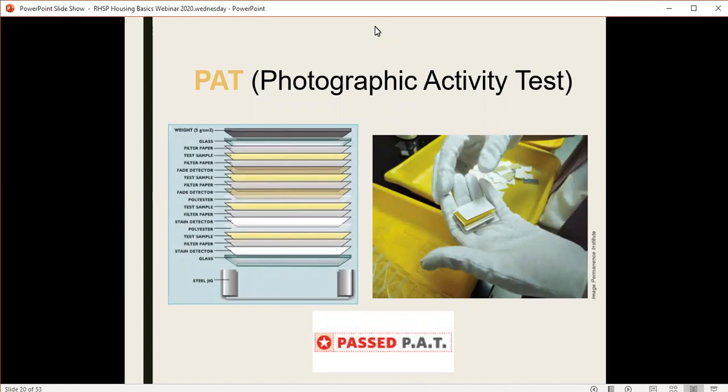All housings and enclosures for photographic materials must have passed the Photographic Activity Test, or PAT. Developed by the Image Permanence Institute at Rochester Institute of Technology, the PAT explores interactions after prolonged periods between photographic images and potential materials with which they might have immediate contact. The PAT is routinely used to test papers, adhesives, inks, glass and framing components, sleeves, labels, albums, and even scrapbooking